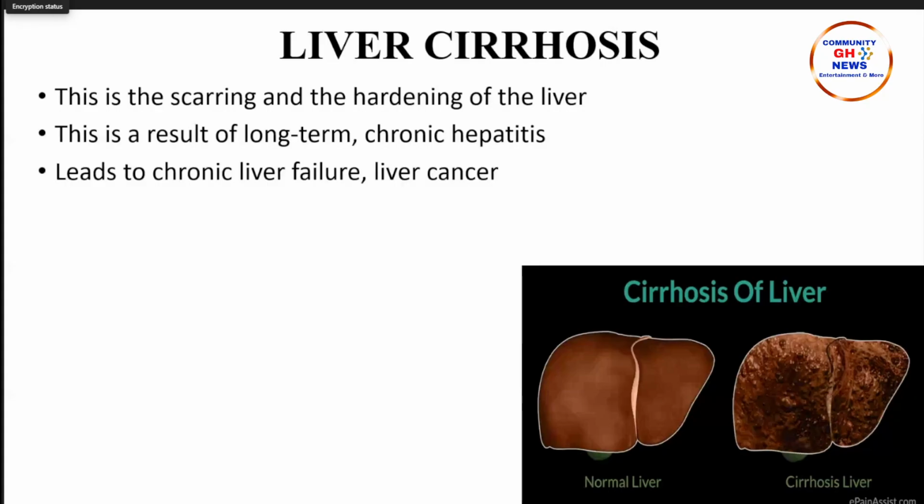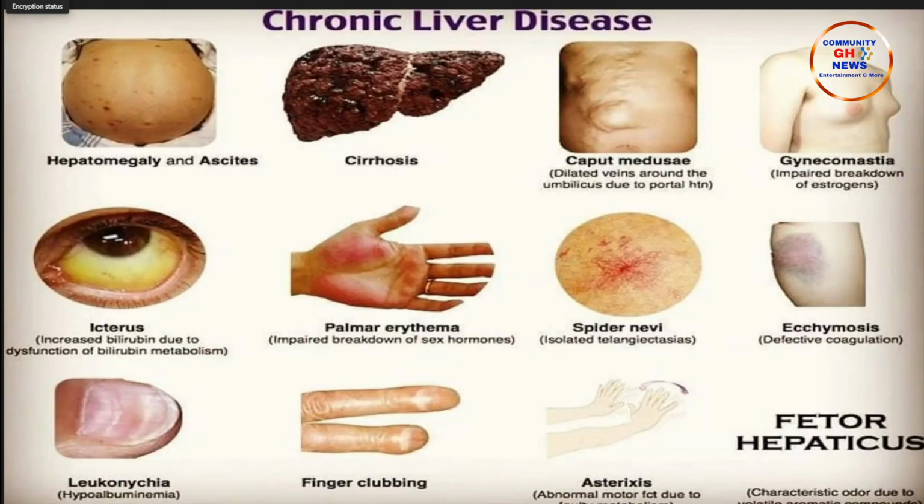So I just put some symptoms of chronic liver disease on the slide. As I mentioned, the liver becomes big. There can be accumulation of fluid. You can see this abdomen looks very big in the first picture. There will be accumulation of fluid, and the liver becomes very hardened and smallish. You can see on your stomach these dilated veins. We have veins on our abdomen. You realize that the veins will become very prominent around the abdomen, so you'll be seeing them.